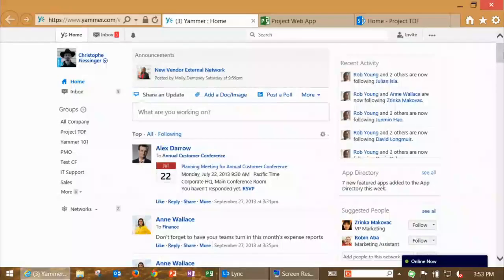So the Yammer user interface is constantly learning about what you're doing on a day-to-day basis. For instance, the groups you see on the left, based on how much activity and participation, the order is automatically changed. You don't control it per se as a user, but as Yammer learns where you're spending your time, it'll prioritize the groups and communities that you spend most of your time in. On the right-hand side are activities from the members you're following.